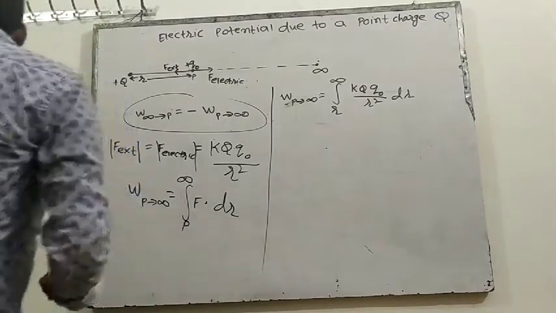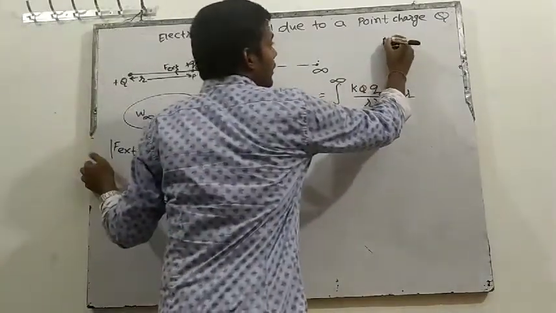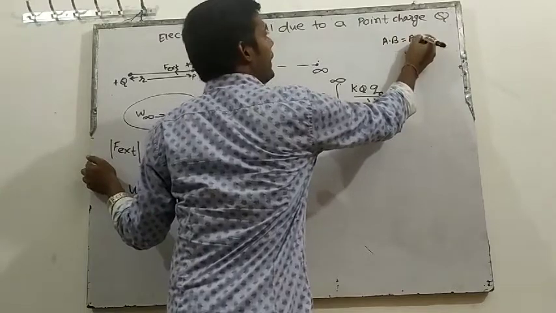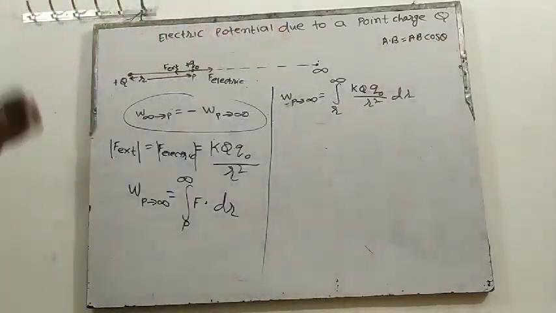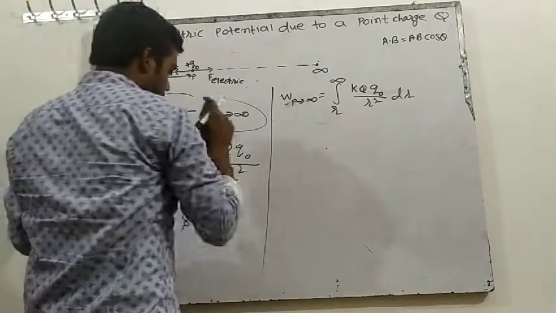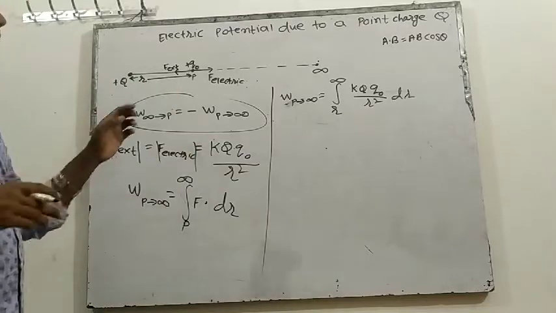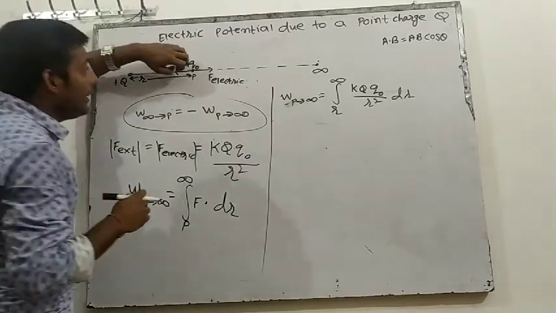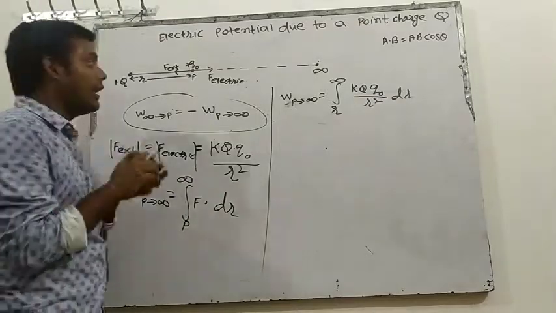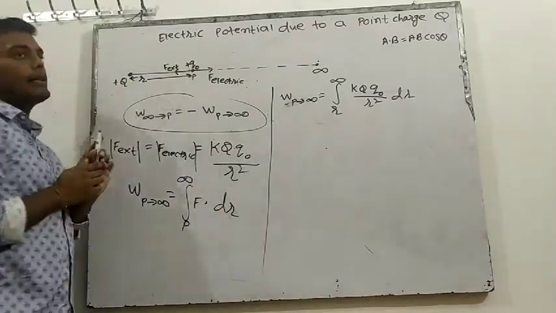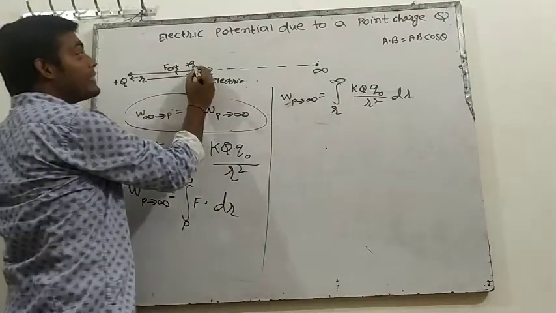But see one more thing here. This is A dot B now. So A dot B is equal to AB cos theta, and theta is the angle between A and B. So here, what is the angle between force and displacement? We are applying force in this direction, with external force. I am the external and I am applying the force in this direction. So external force direction is this, and displacement is happening in which direction?